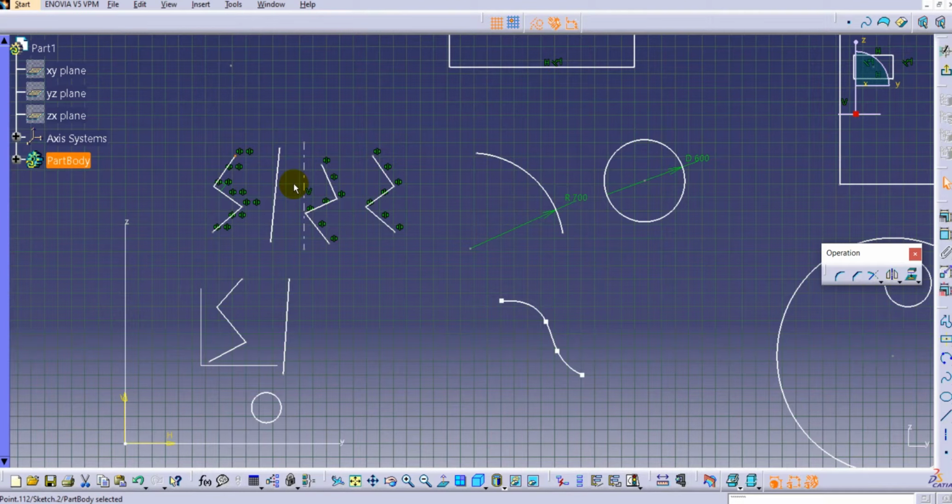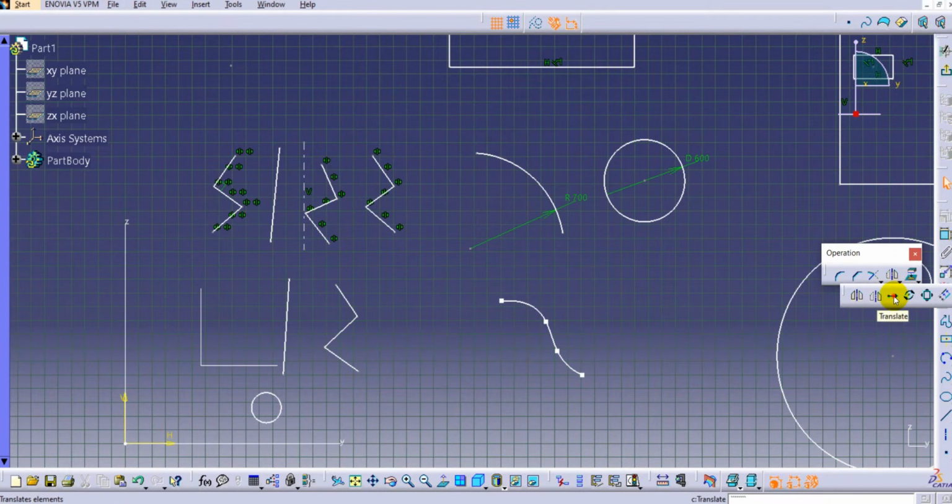This option is very useful, instead of creating the sketch multiple times. The second option we will use is symmetry. Symmetry is similar to mirror, but it will not create a duplication. Here also you need a line or axis in the sketch, along which you can apply symmetry to the elements. Again, select the symmetry option, select the sketch, and then select the line about which you want to symmetry it. You can see here the initial sketch is no more here. In this way this is the symmetry option.